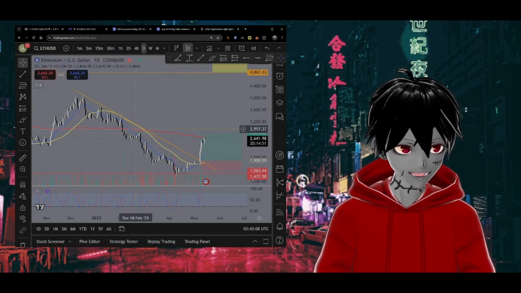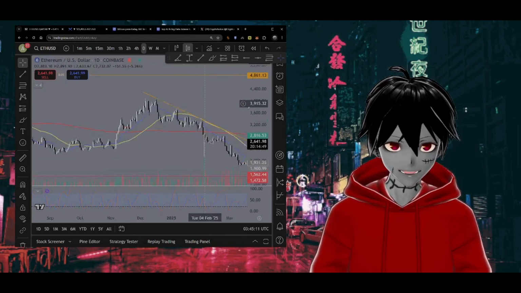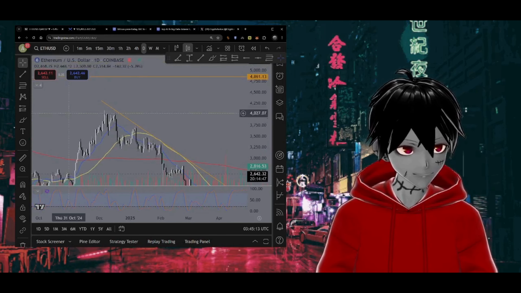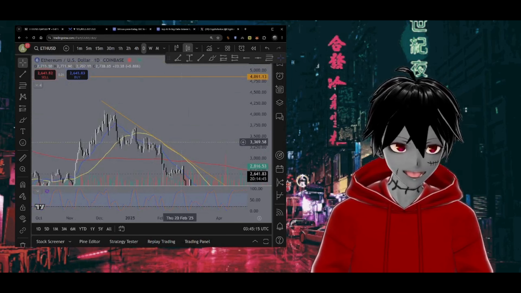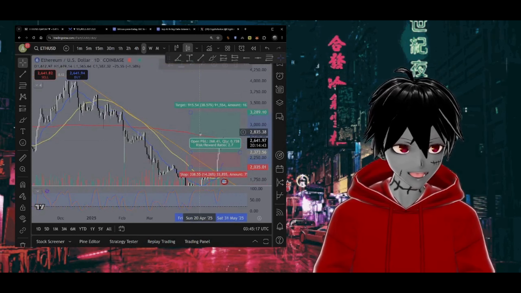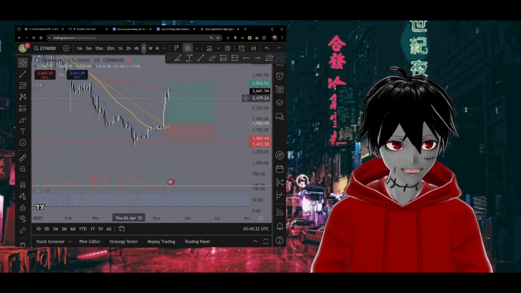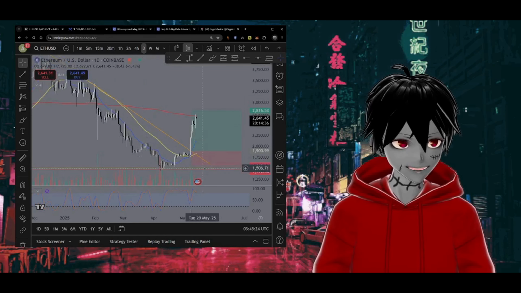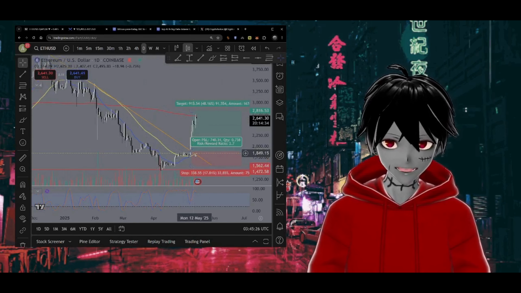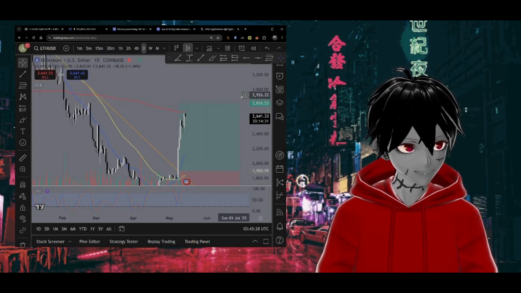Bam. See? There's a high here. Let's zoom in. There's a high here. There's a high here. There's a high here. Oh shit. Let me not do that. Okay. All the way down here, and we just continue it down to the price section. So when we got here, dude. When we got here,